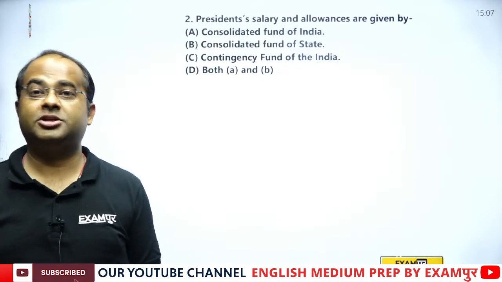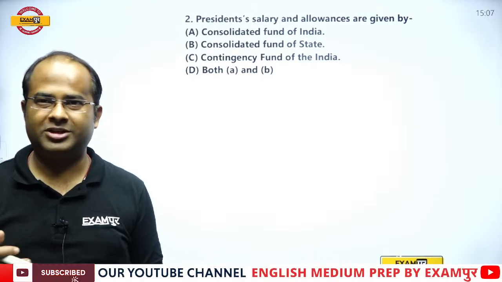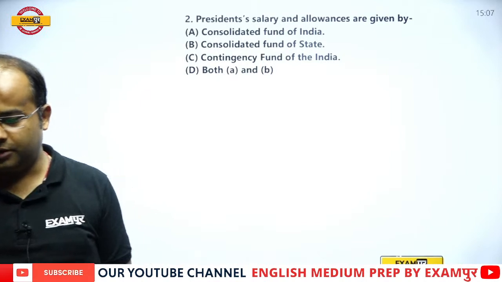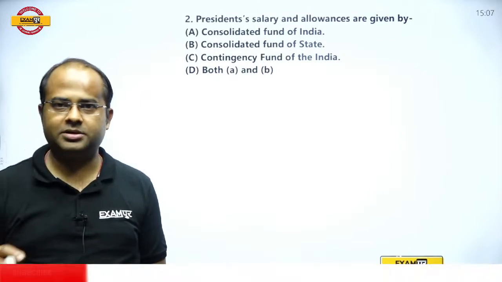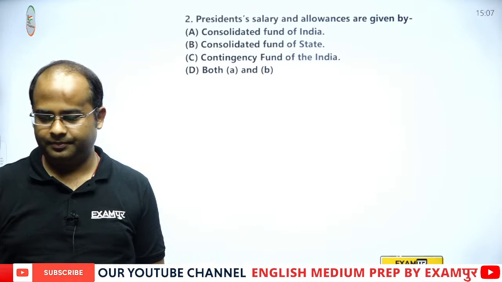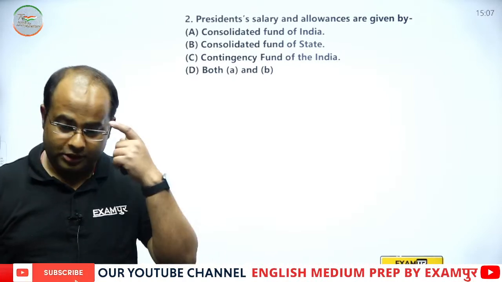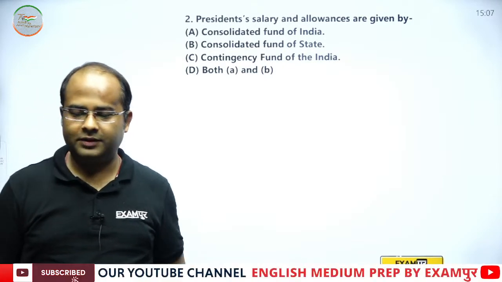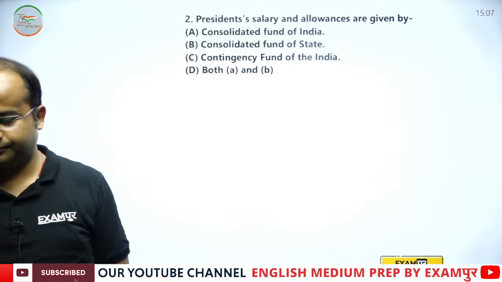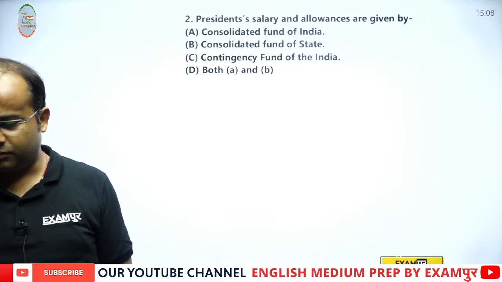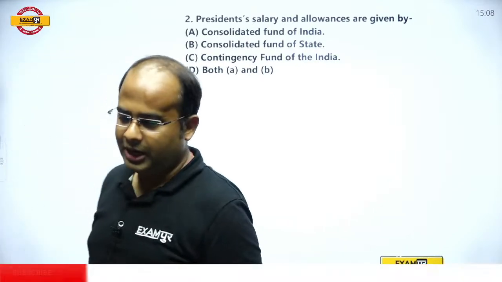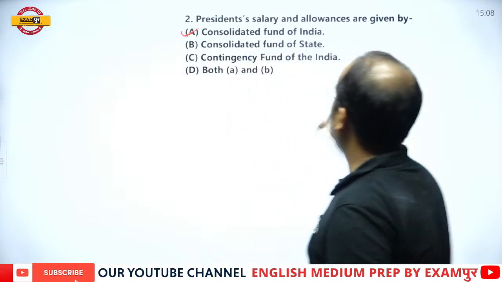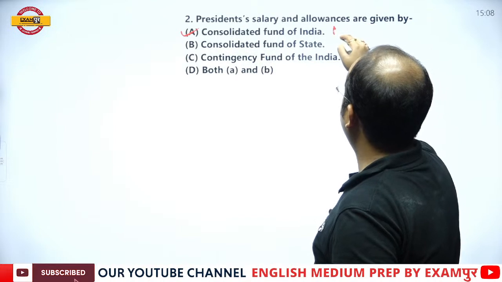Salary and allowances are mentioned in Schedule 2 of the Indian Constitution. So what will be the correct answer, guys? From where does the President of India get the salary? Consolidated Fund of India, Consolidated Fund of the state, Contingency Fund of the state, or both A and B. Okay guys, that was an easy question to answer, and the President gets the salary from the Consolidated Fund of India. Now the Consolidated Fund is defined in